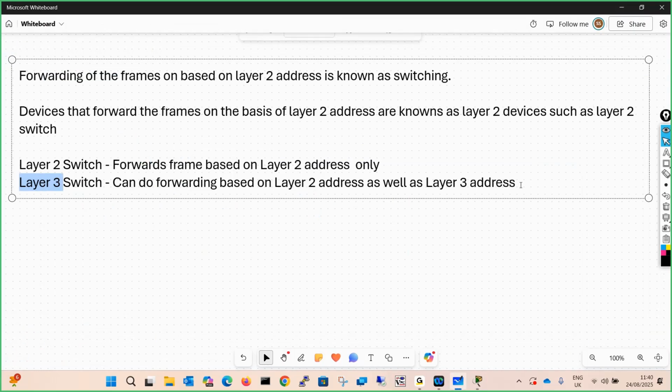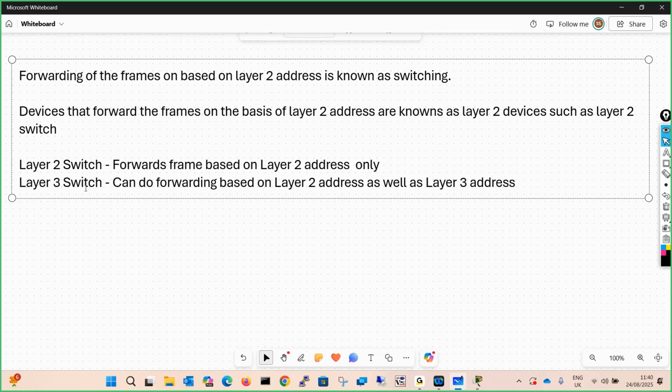But a question might come to your mind: if the layer 3 switch is capable of doing routing, why do we need a router? Remember, a layer 3 switch is capable of doing routing, but not all functions are covered. For example, if you want to do NAT, that is something on layer 4, and the NAT function doesn't work on a layer 3 switch.